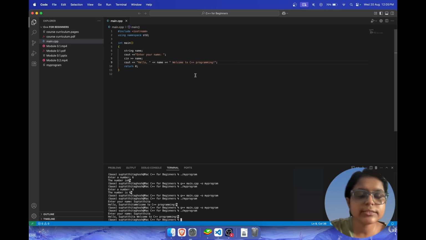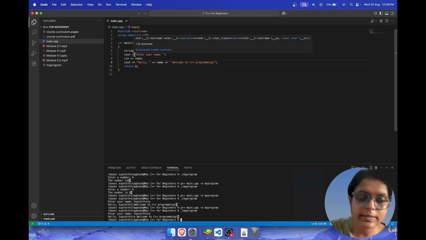You had seen that first I used cin to take the number, and then I printed the number, then I used cin to input my name, and then I printed my name. So here is where I'm making the changes. Here are the statements that are doing the job for you. So this is how you can differentiate. Inside the main function, I have my statements, which are ending in semicolon, by the way, syntax again. And this is how we're differentiating it from the rest of the part.